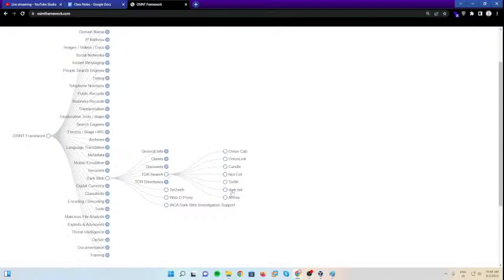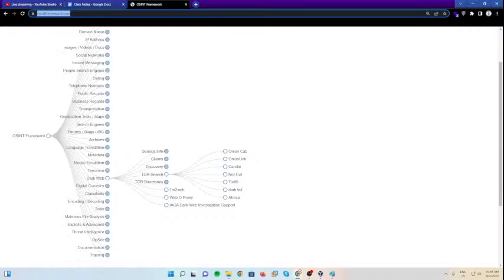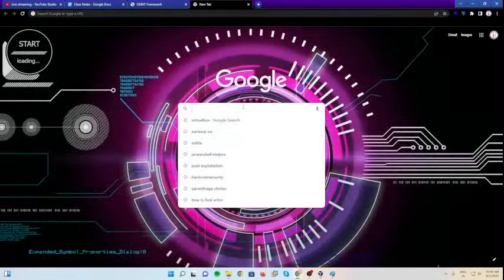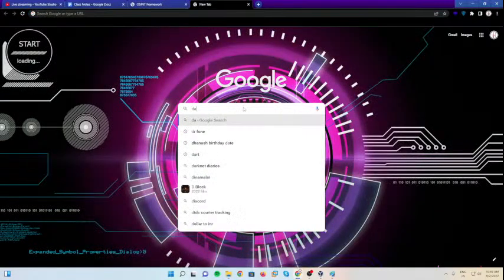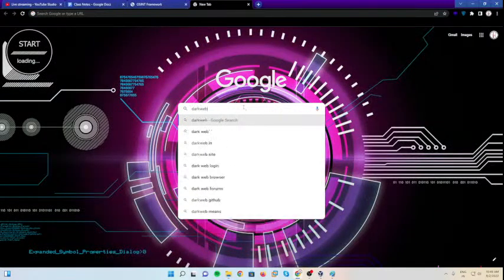Yes, this dark.fail, you want to search, you will have lots of links. If you have osintframework.com, inside your normal website you will have only this link, and you will not have any fake links, right? And inside the Tor, I mean dark web